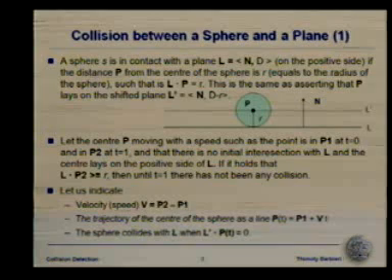It's the position of the center at the time of collision, which is not the point of collision. The point of collision is C, which is the position of the center of the sphere at the time of collision, minus R multiplied by N. Why minus? Because